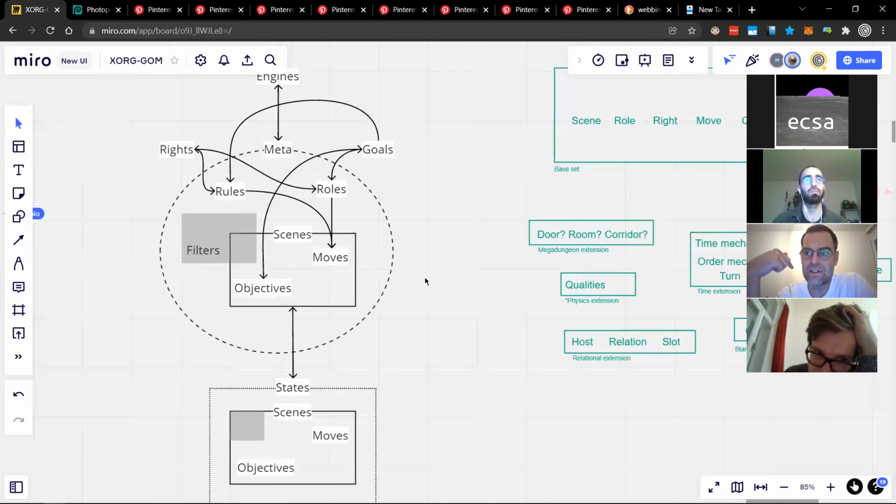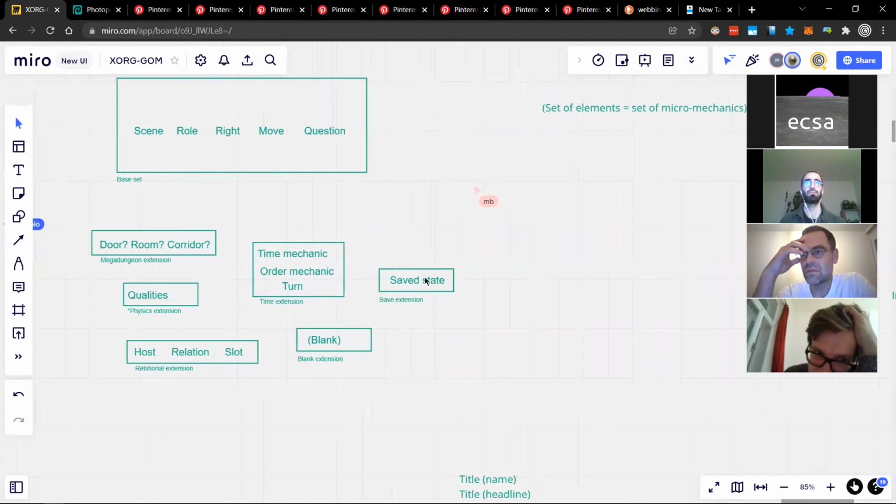So my question is, if the main relational mechanics these elements have is their faculty of filtering each other, polymutually, are these arrows helpful?